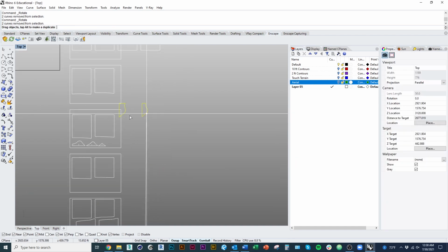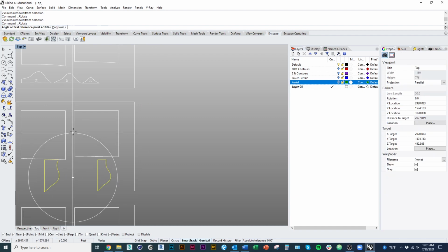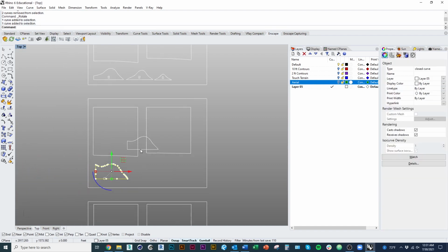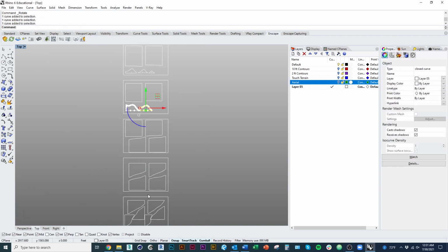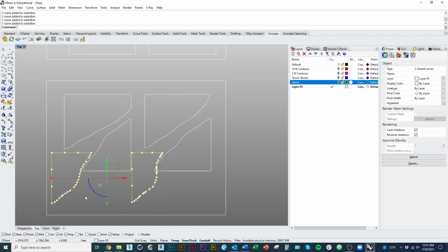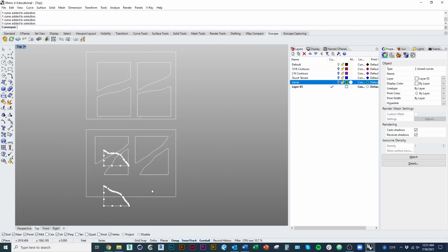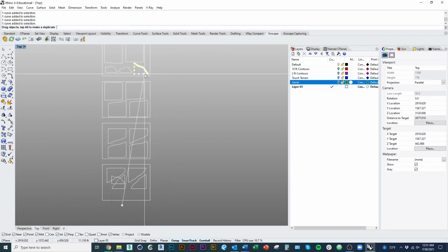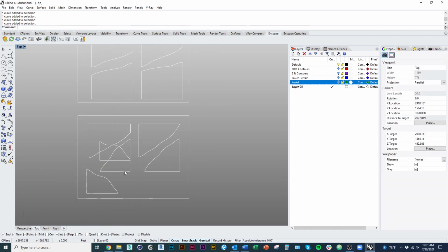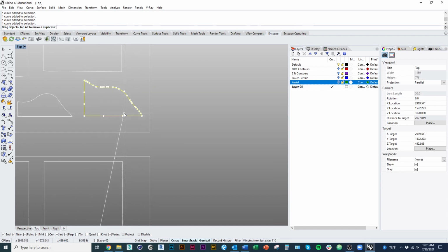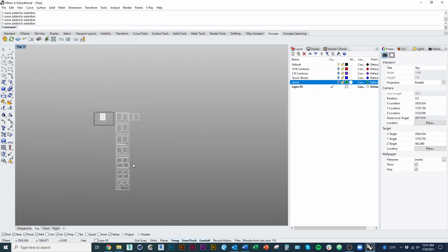And these can probably go up here somewhere. Anyway, so you just kind of lay it out, try and make as few prints as possible. That's the idea. And once you have each of your pieces laid out,